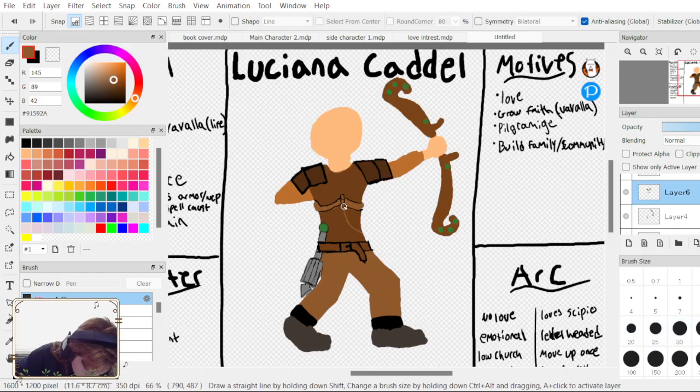This one I'm just adding pointless straps to make it maybe look half decent.